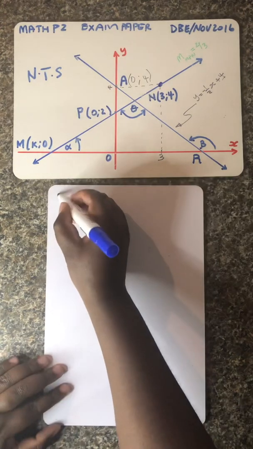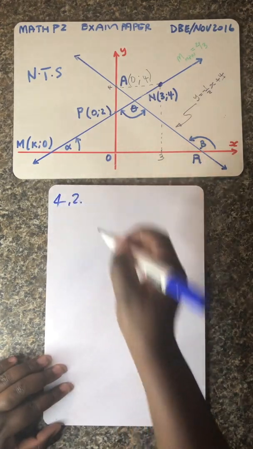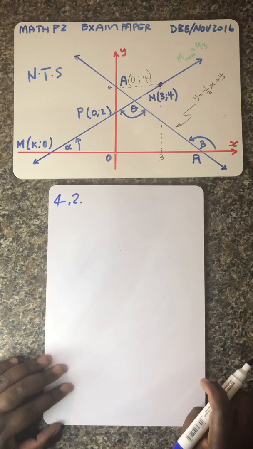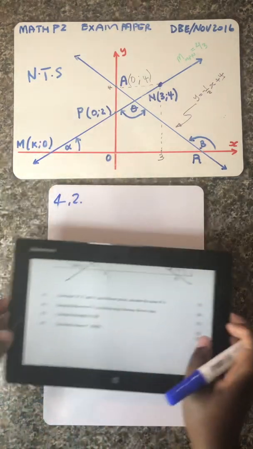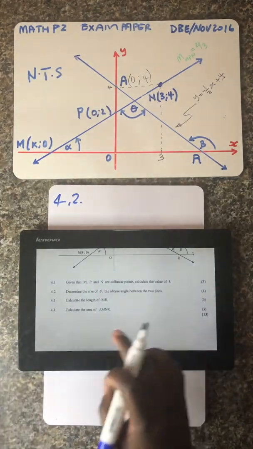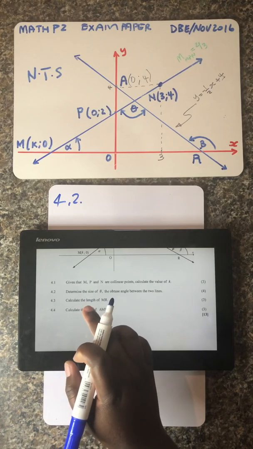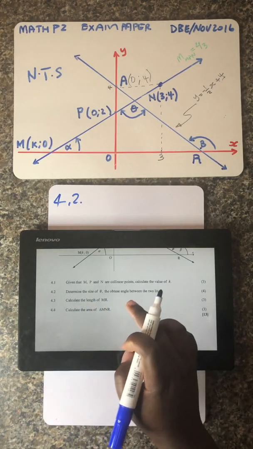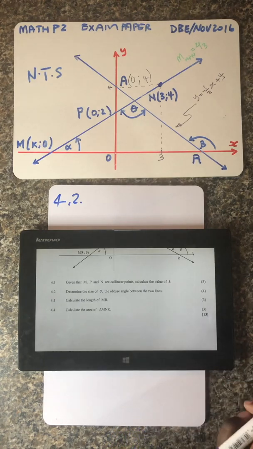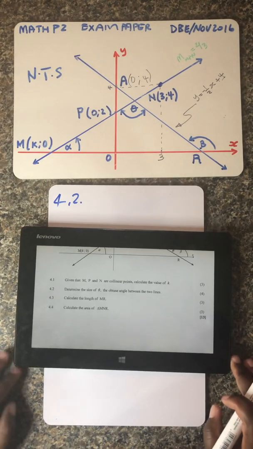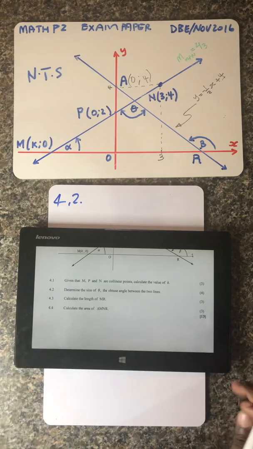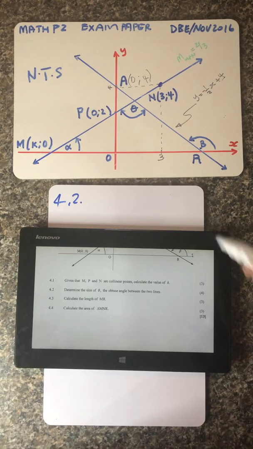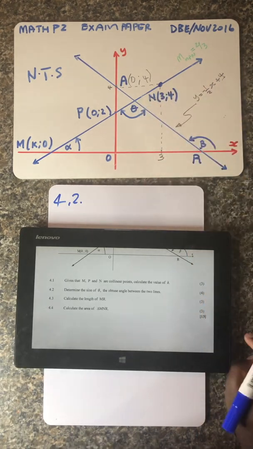Okay guys, so the next question is 4.2, and the question says, let me just bring it up so that you're able to see. The question says, determine the size of angle theta, the obtuse angle between the two lines. So guys, this question talks about that theta. It hasn't been there in the main statement, but